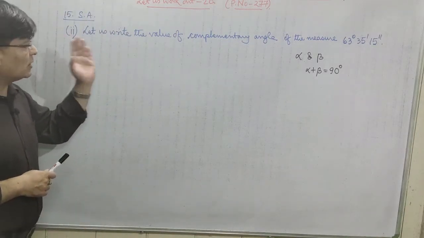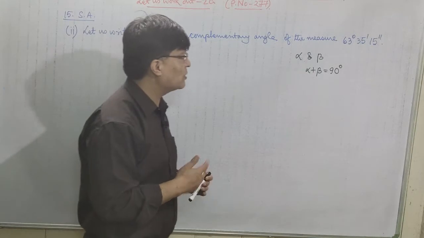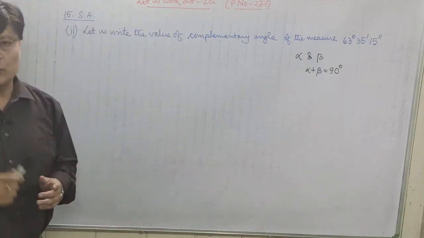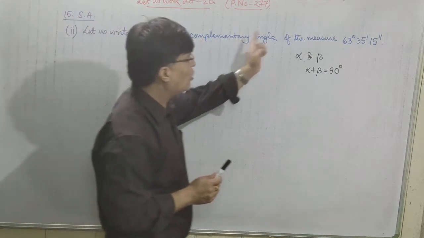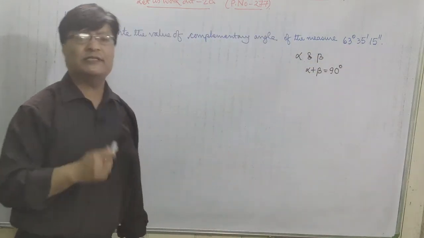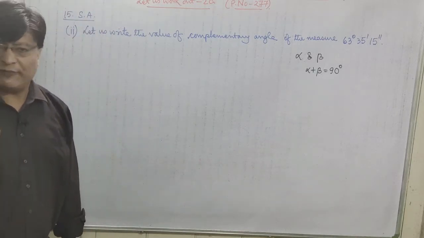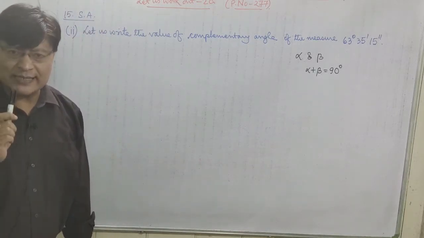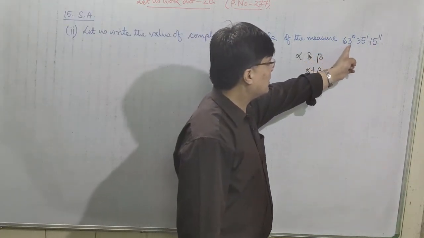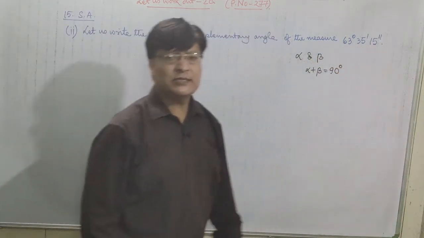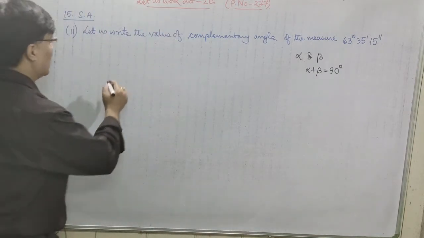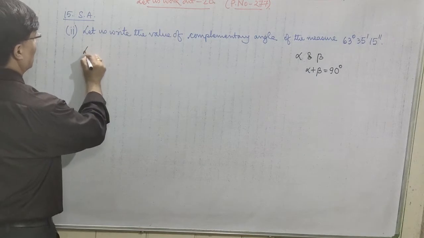So in this question, let us write down the value of the complementary angle of the measure 63 degree 35 minutes 15 seconds. What will be the complementary angle of this angle? You have to find out the other angle such that the summation of this angle and 63 degree 35 minutes 15 seconds will be equal to 90 degree. Okay? So let us write down here,